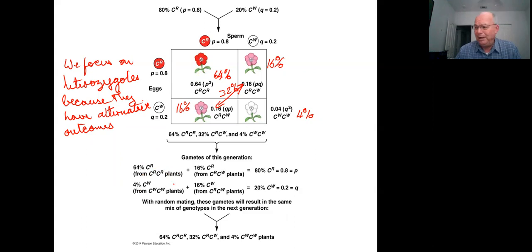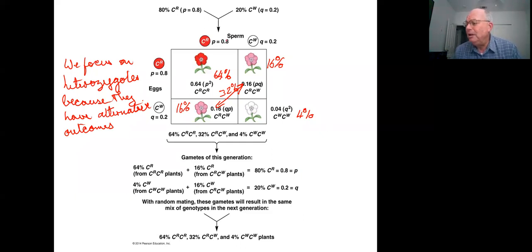But that's not the only source of the red allele, because remember, all the heterozygotes also have the CR allele, but they only have 1 copy. So even though 32% of the population are CRCW, only half of their alleles are CR. So we don't use 32%, we use 16%, half of the alleles. So for the CR alleles, it's 64% plus 16%, which is 80%. And remember, 80% reduces to 0.8 as a probability or as a frequency number, which is exactly the same as